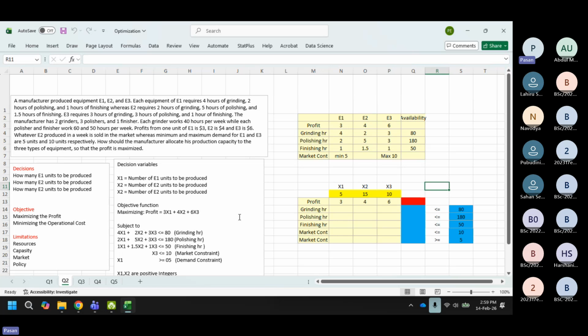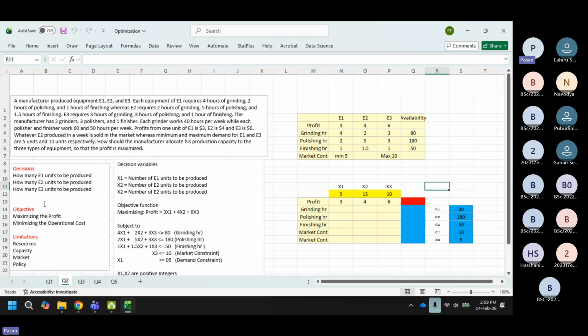It's kind of like maybe you are producing some ornament or something like that, right? So you need to grind it first and then polish it and then finally finish it by painting or something like that. So those are the three things we need to do. And then each item, so you are maybe producing three types of ornaments or whatever, right? So each one,